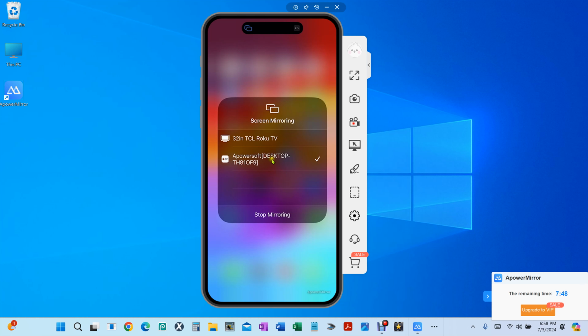You might see you have a 32-inch TV in this area, and then plus I have this one here, which is my Apple iPhone. So what you would do is you would just click here, and